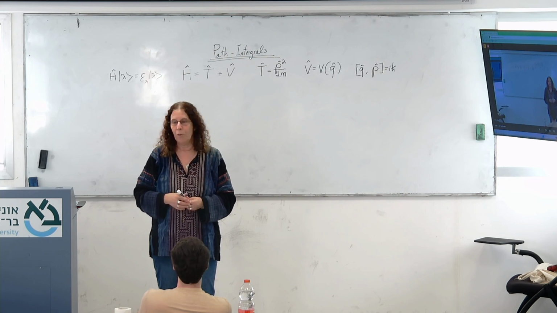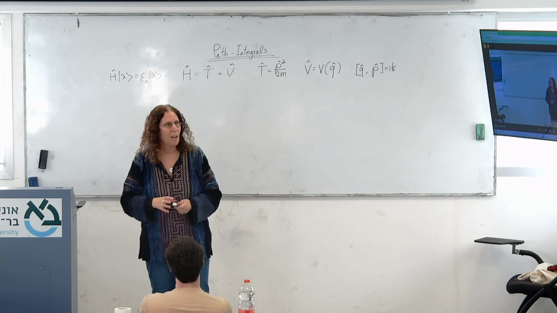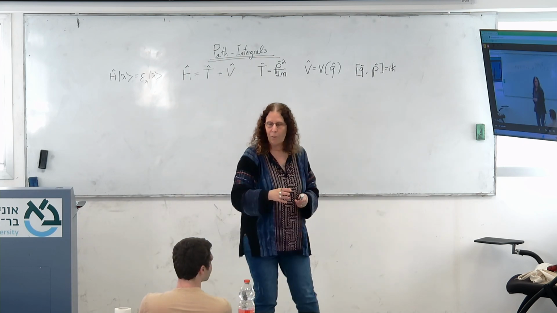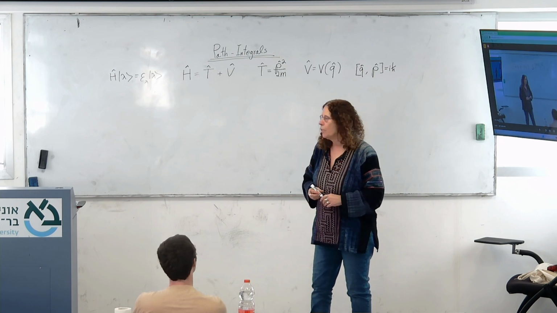And then you know how they evolve in time. There's just a phase factor, e to the minus i epsilon t over ħ, and you can solve a lot of problems. But